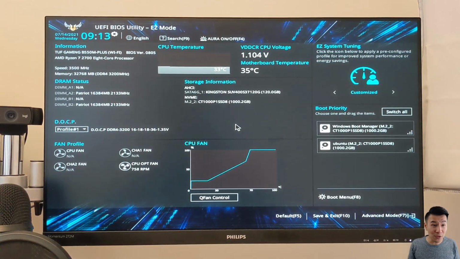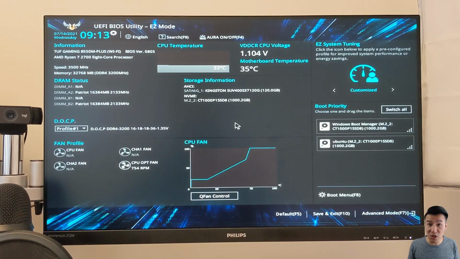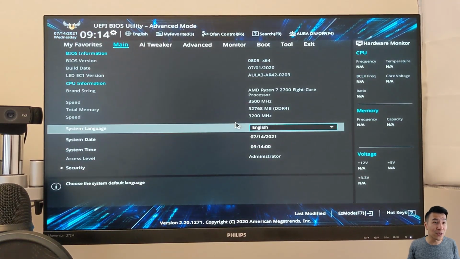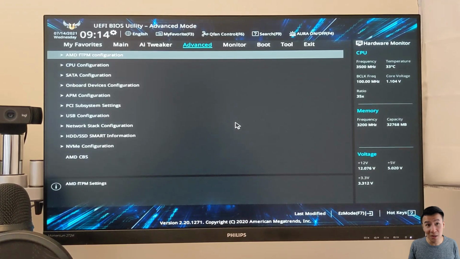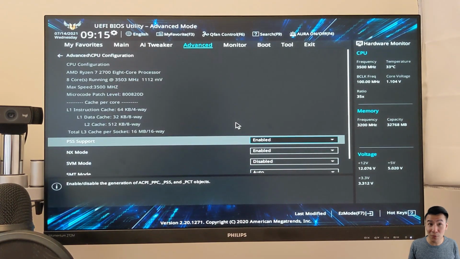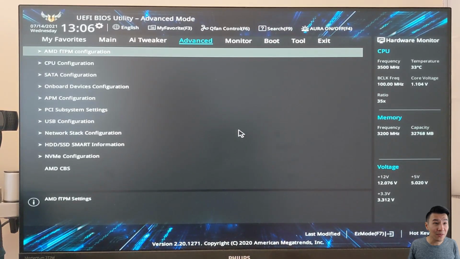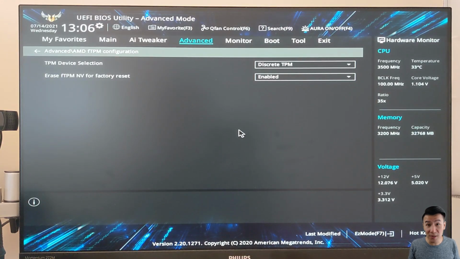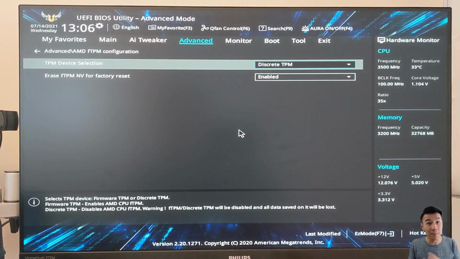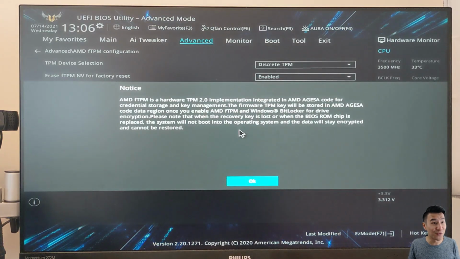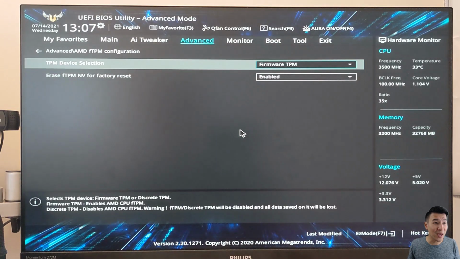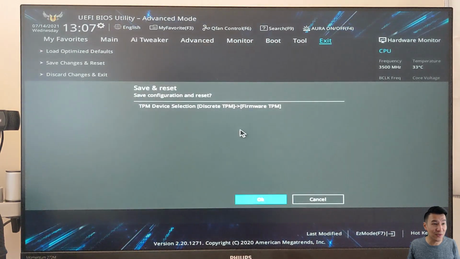As you're restarting, I want you to boot into your BIOS because you'll need to change a couple of settings. First, you'll need to enable CPU virtualization. Mine is located in CPU configuration, SVM mode, and I'll enable that. The other thing we have to enable is the Trusted Platform Module, which has been a big hoo-ha requirement for Windows 11. Mine's in this menu, AMD fTPM configuration menu, and I'll set TPM to firmware TPM. Press OK and boot back into Windows.